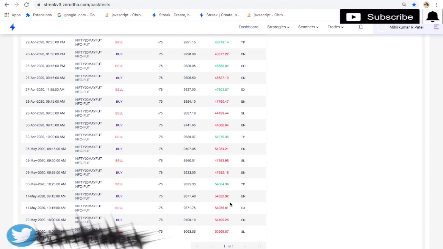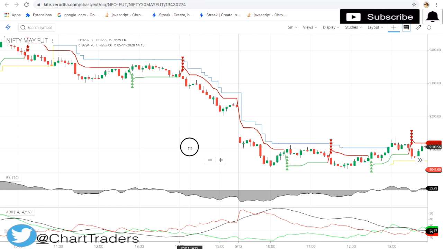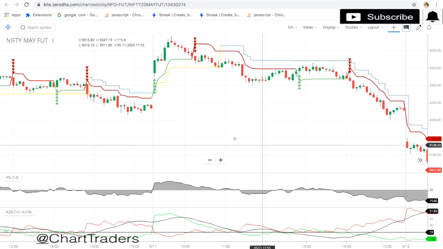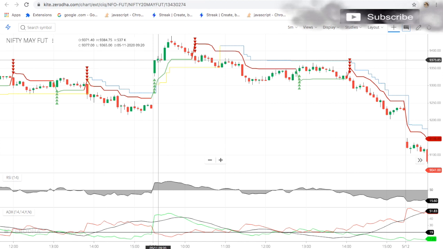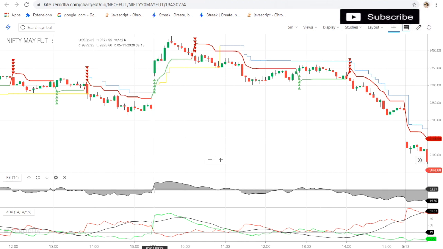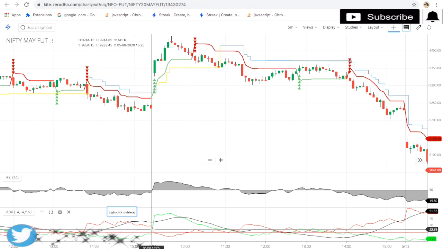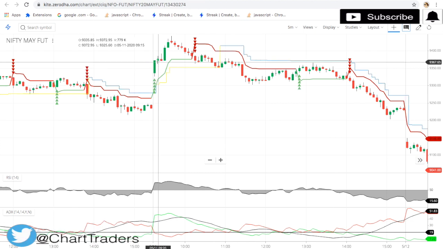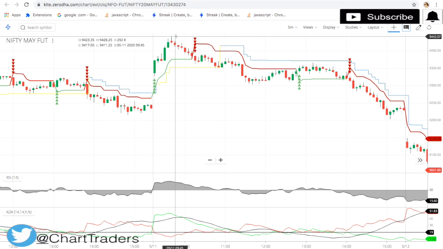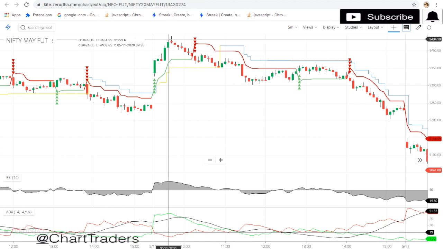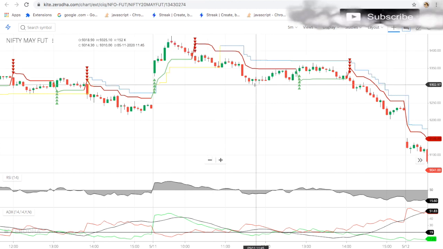We can even see a stop loss example on 11 May at 9:55, that is the entry point. Does the close go above Supertrend and ATR? Yes. RSI also crosses 50: in the last candle RSI was below 50, in the current candle RSI is above 50, so a crossover happened. The black line is also above 25. So the entry point is 9373, and we can see it rose up to 9442, but that is not one percent. After that it came down and the stop loss triggered.